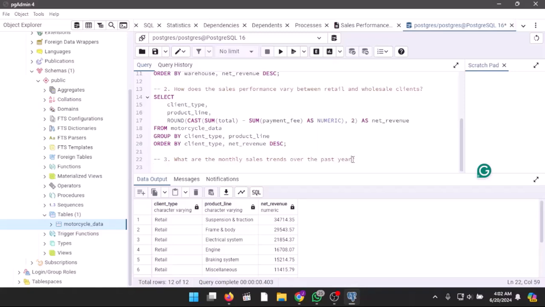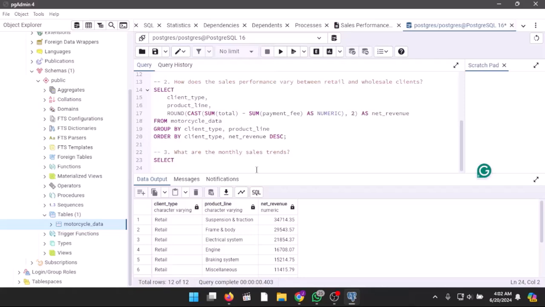Okay, so we go to the third question, which looks at the monthly sales trend. Now I modified this question because the data set was not even up to a year. It only deals with only 3 months. So I decided to modify the question so that it won't create any problem. So in this particular case, I went for my case when right from the beginning, because we are looking at the monthly